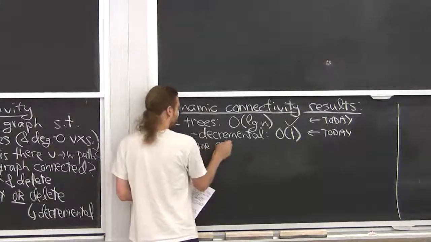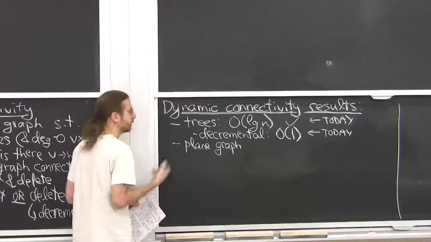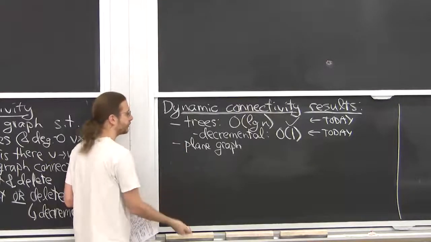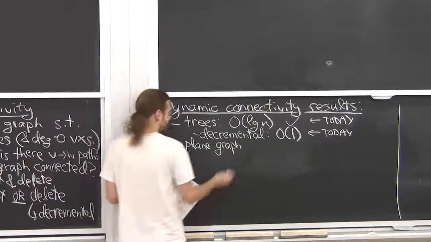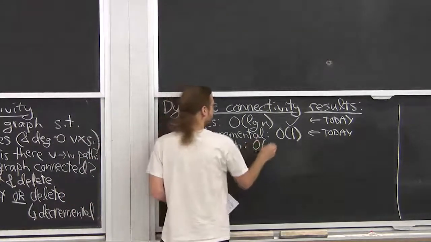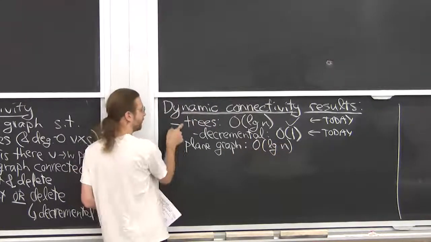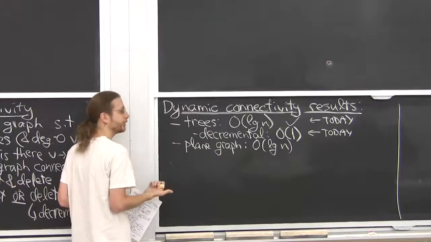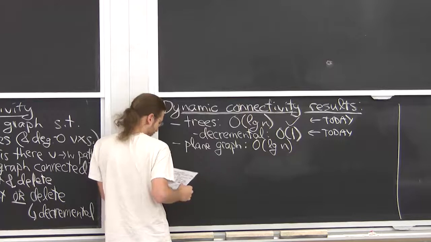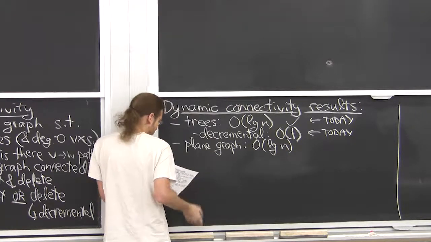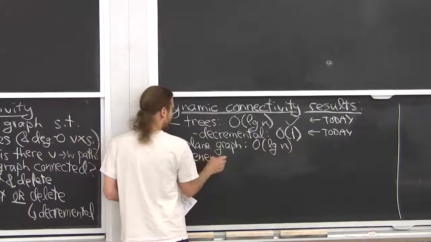Okay, another special type of graph you could consider is a plane graph. This is a graph with a planar embedding. So as you're inserting edges or adding vertices and whatnot, you say which face they live in. And so you have a fixed planar embedding. It's being constructed as you go along. These are easy to maintain. You can get order log n. I guess in some sense that generalizes trees because they also have pretty obvious planar embedding. So that's something you can do in log n. But the big question is for general graphs,